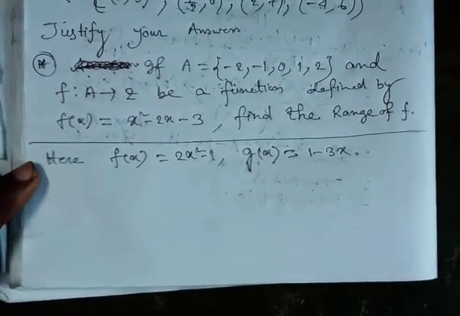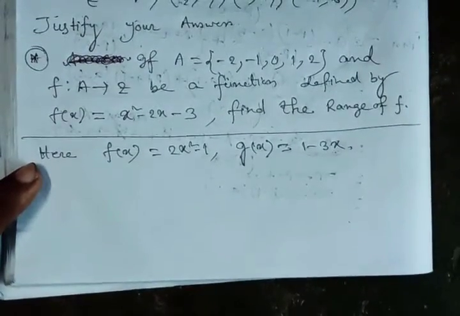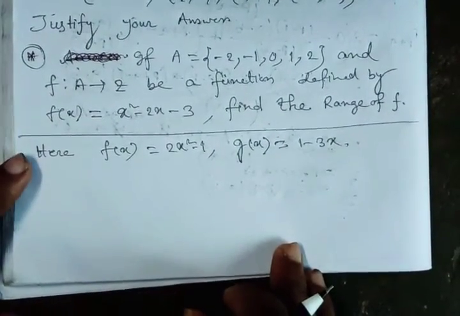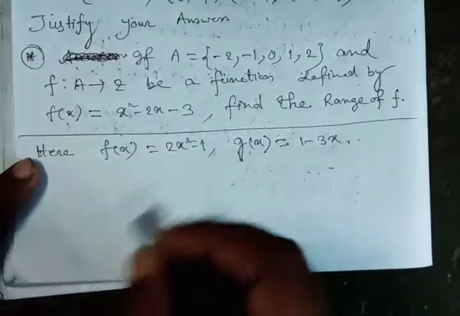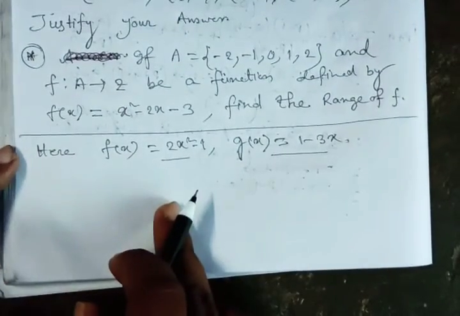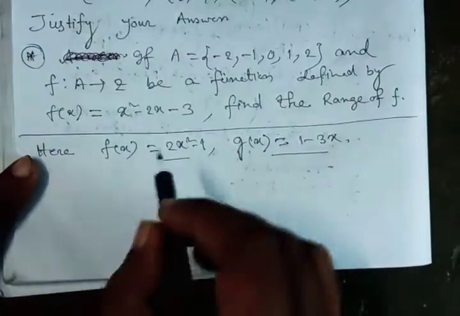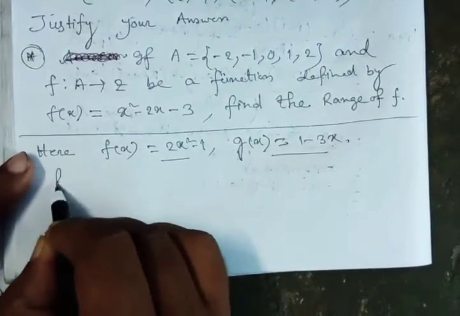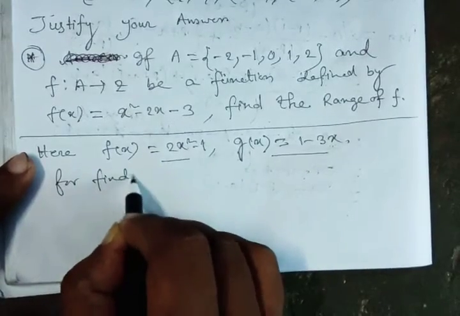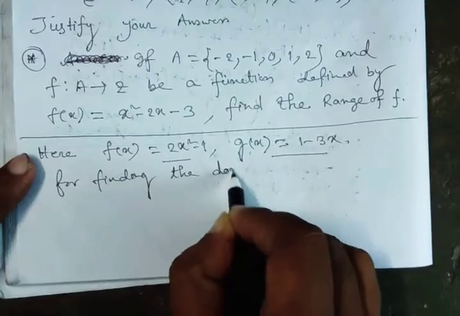Now, the value of x for which these two functions should be equal, the value of x for which these two functions will be equal, that is called the domain. Now, for finding the domain,